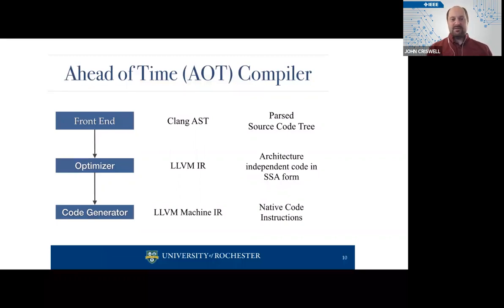It works on many different source languages, and it's also architecture agnostic. It's good for most architectures. And so the LLVM IR is what the optimizer uses to do what we call mid-level optimizations. These are optimizations that are both source language and processor agnostic. Now, unfortunately, there are no processors that execute LLVM IR. You have to translate the LLVM IR to native code like x86, MIPS, ARM, Power, etc., in order to execute